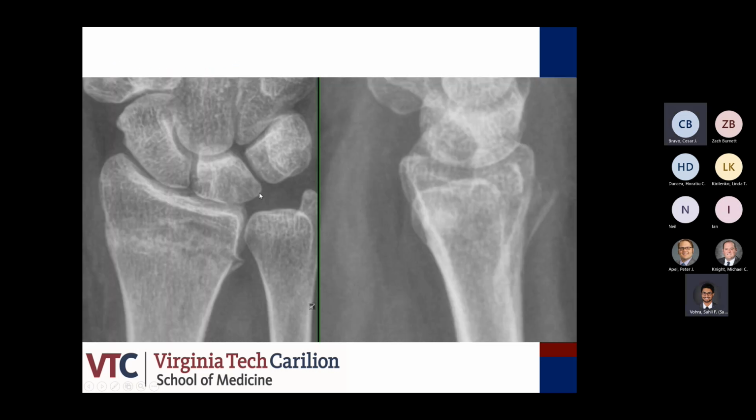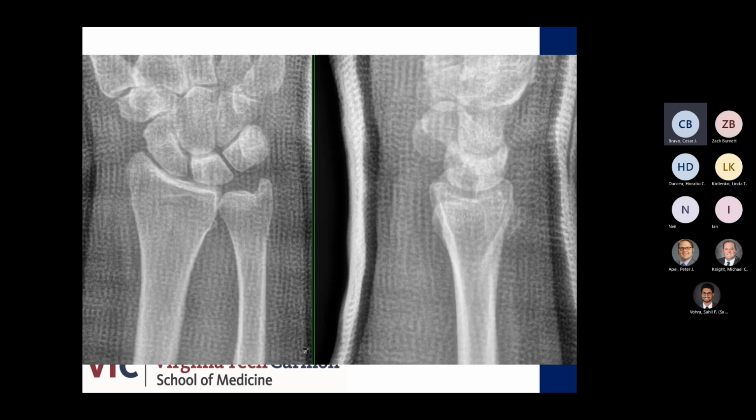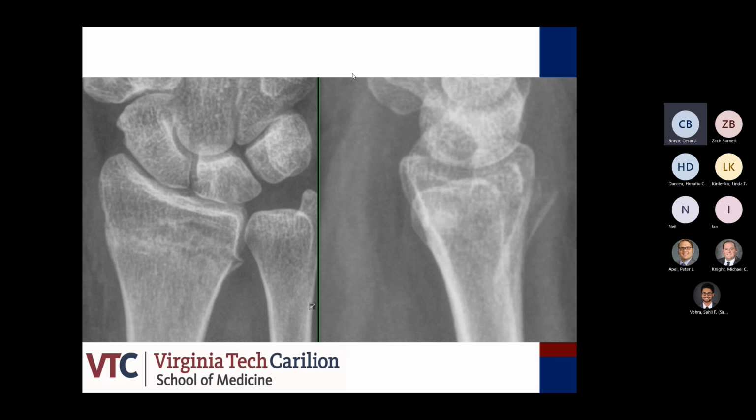So I've got a quick question. When would you consider, in addition to an AP and a lateral view, getting oblique views? I bring that up because, and maybe this is just a bias I have, if I'm going to treat these closed initially, I think I need to get a really good AP and lateral, and I do get obliques for my baseline. It's not that I get it every time, but I think it gives me an idea, and I've seen cases where I initially was going to treat closed, I got oblique views, and then the fracture pattern showed